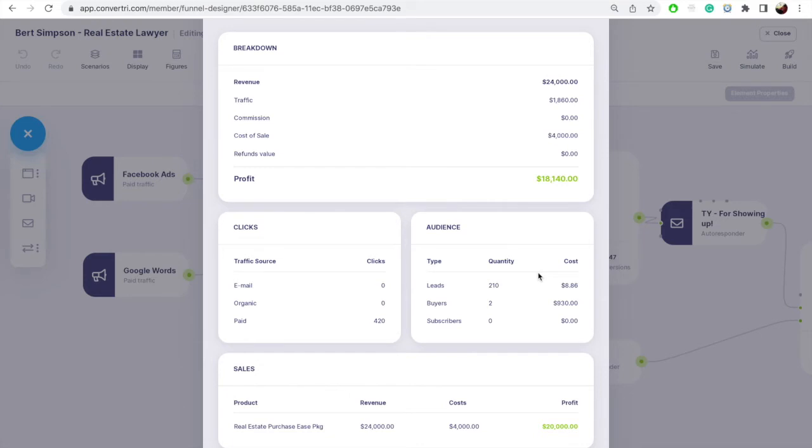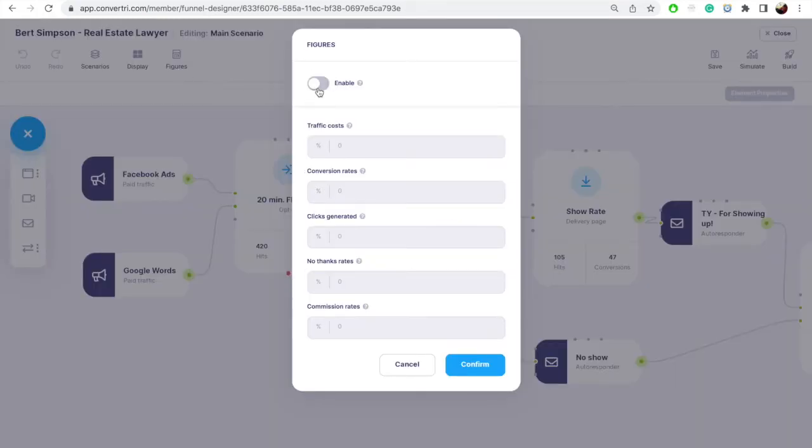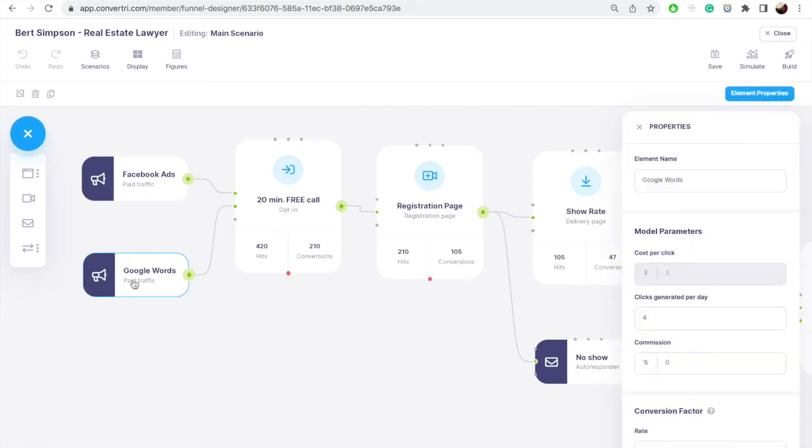Let's use figures to get a snapshot. To use figures, click the new figures icon in the menu toolbar. Toggle on Enable and adjust the figures as you want. If I tell the funnel designer to increase traffic costs by 50%, it will apply this increase to every traffic element in this scenario. When I return to my traffic elements,